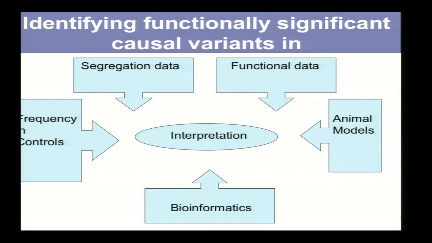There are experimental functional data, which is a great way to go about it. The problem is in vitro assays don't exist for many proteins, and you would have to develop one yourself. Frequency in controls is informative in one direction. So if I believe that my variant is highly penetrant, involved in a very rare Mendelian disease, but it's in 50% of randomly chosen controls, that's probably false. The opposite argument is not always true, because the variant can be very rare, be observed only in this family, and still be neutral. Animal model rescue experiments are another way, also fairly involved, also convincing.